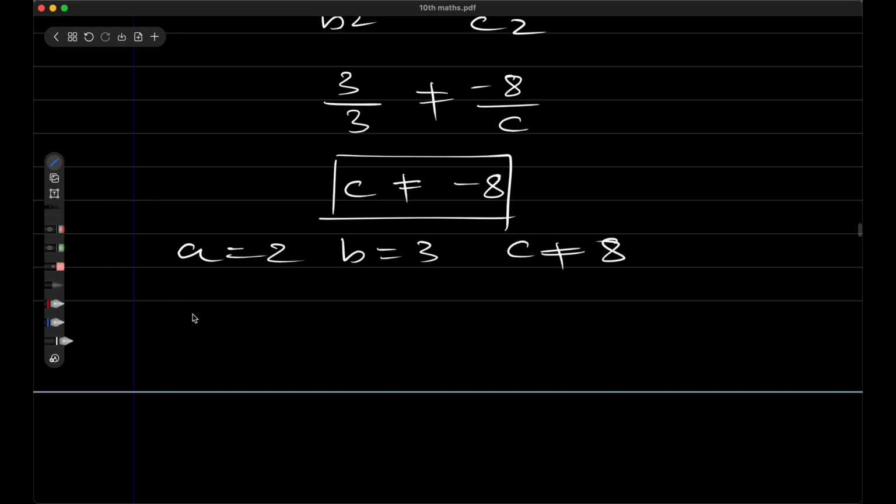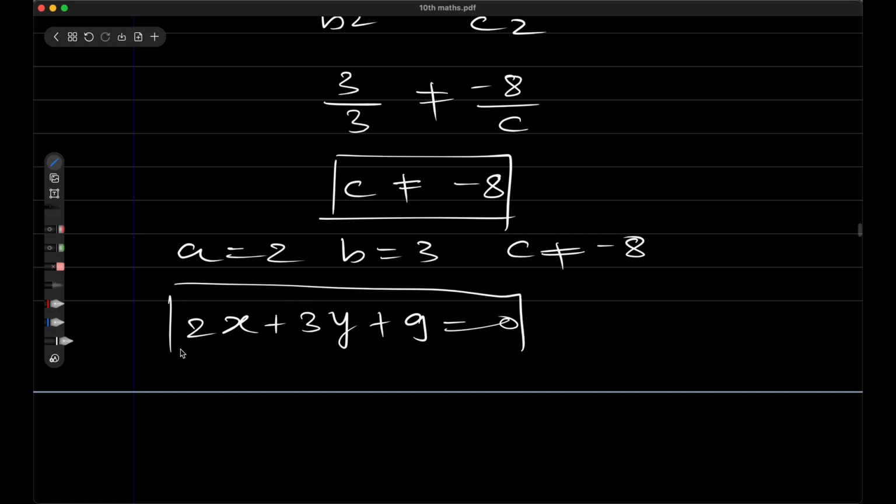So we can form the linear equation, that is 2x plus 3y. We have to take c other than minus 8. So we can take 9, that is 2x plus 3y plus 9 equals 0, and 9 is not equal to minus 8. This forms the linear equation such that the two lines are parallel lines. Now third,